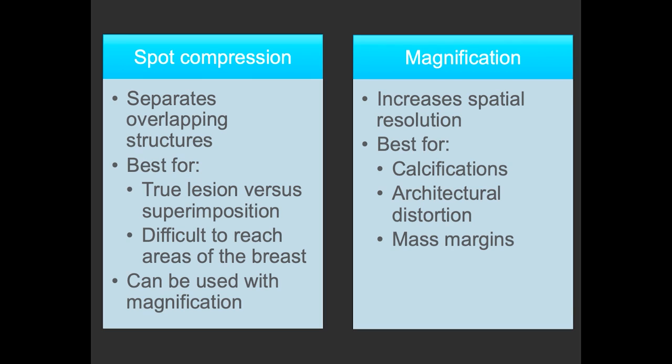So here's a summary between spot compression and magnification supplementary views. Spot compression in review will separate overlapping structures, and this can help determine a true lesion versus a superimposition of breast tissue. A true lesion will get denser with spot compression, whereas superimposition will blend into the background breast tissue. It's also good for difficult to reach areas of the breast and can be used with magnification or a spot